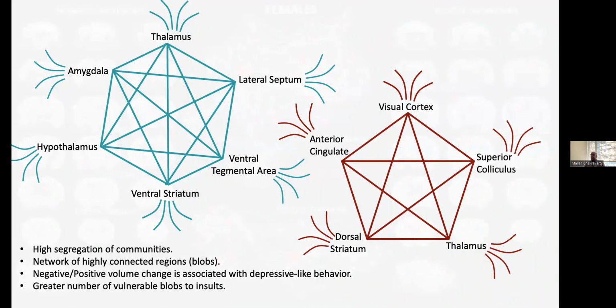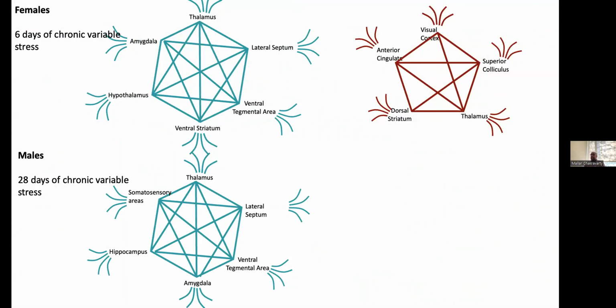connected regions, negative and positive volume change, which are associated with depressive-like behaviors, and a greater number of vulnerable blobs to insults. What we can also do is qualitatively at least assess how different these are from the male condition. So on the negative correlation, we see generally some regions that are similarly represented in this rich club connectivity. However, for example, there are key differences, such as the hypothalamus being implicated in females and the hippocampus being implicated